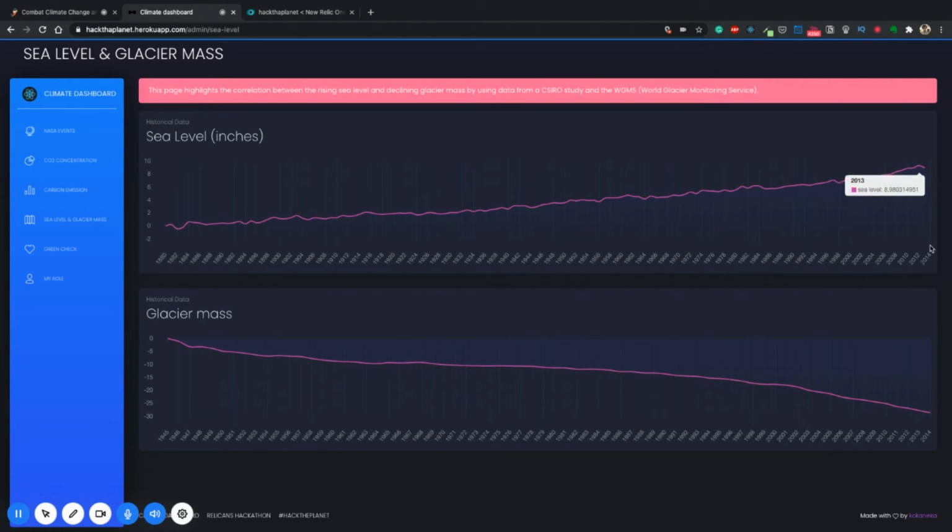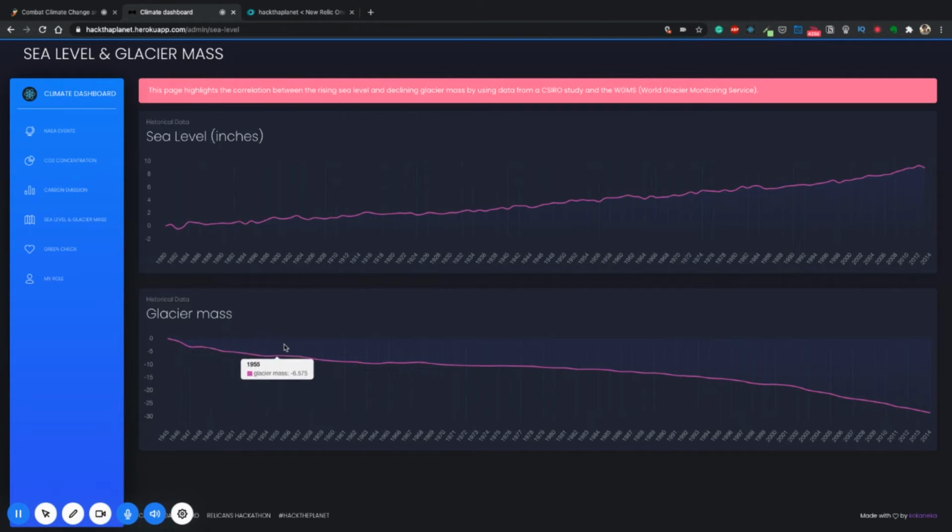But towards 2014, where the last data point of this study was taken, we see almost a 9-inch increase, which is 8.98 inches in sea level. This means that due to these carbon emissions and CO2 concentration, there is a global warming effect, which is leading to sea levels increasing.